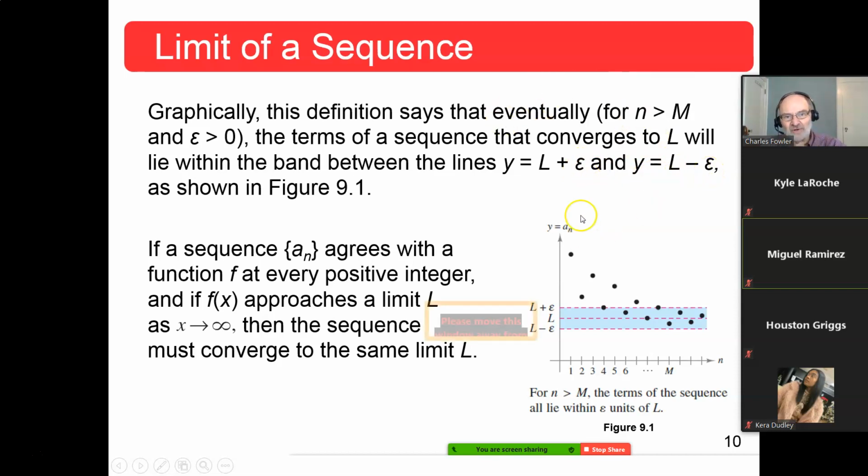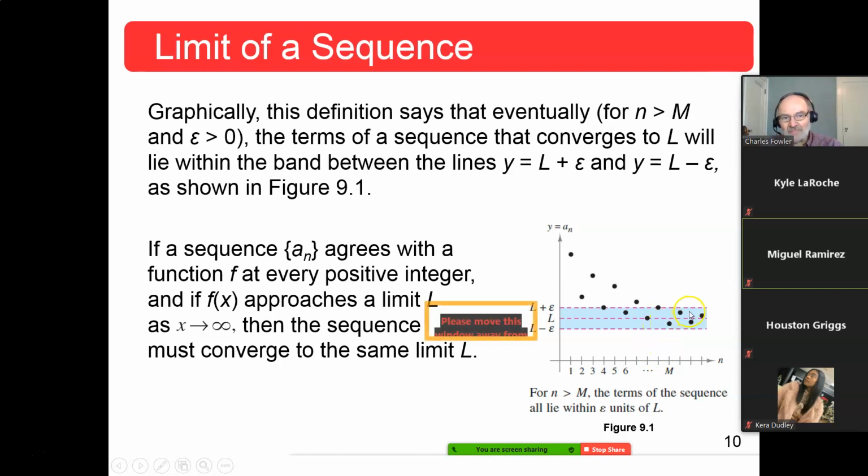So if your sequence starts up here and then goes down here and then goes up here and then down here and goes up here, down here, that is sort of bouncing around. No real clear indication this is going to converge. But then it goes up here. Notice it's deviating less every time, then goes down here and then here. But once it gets past that point right there, that would be m minus 1, it looks like.